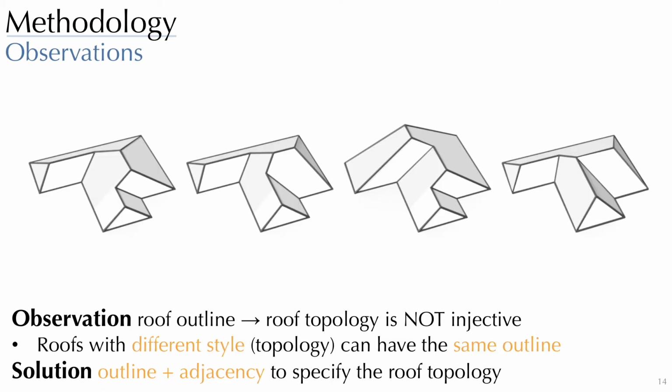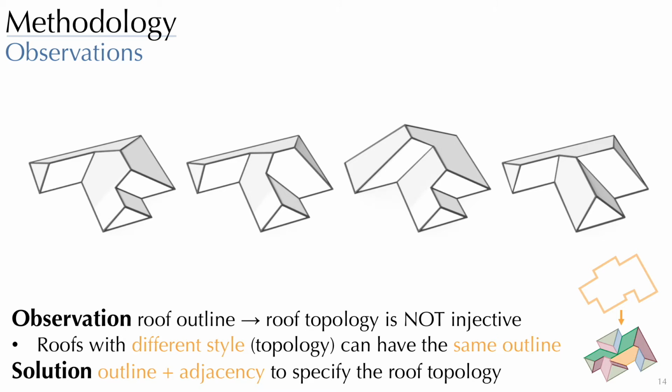Here are some observations to motivate our method. First, roofs with the same outline can have different styles, such as the four roofs shown here. As we discussed before, the straight skeleton methods cannot handle this case since they assume that only a single roof can be constructed from the input outline. Therefore, to handle this case, we also need the adjacency information to specify the roof topology to model different roof